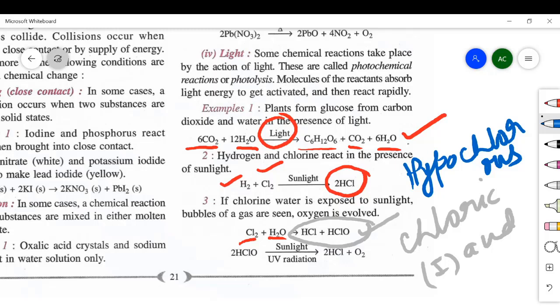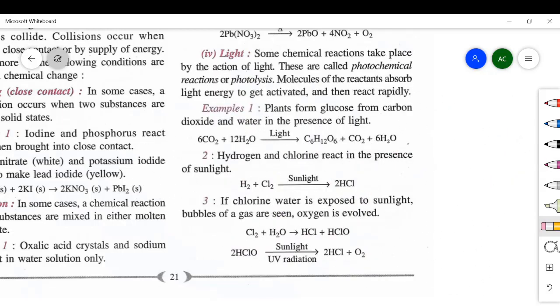This is a very unstable compound. As soon as it forms, within a short time, in the presence of sunlight it will convert into hydrochloric acid and oxygen. This hypochlorous acid is what kills bacteria. Actually, this is the reaction when you add chlorine to water to disinfect it. When you add chlorine to water, hypochlorous acid forms, and this hypochlorous acid actually kills the bacteria. Okay, you will not see any visible color change. The reason is both the acids are colorless, so no visible color change will be there in the reaction.